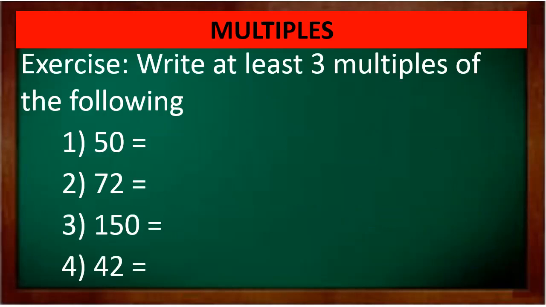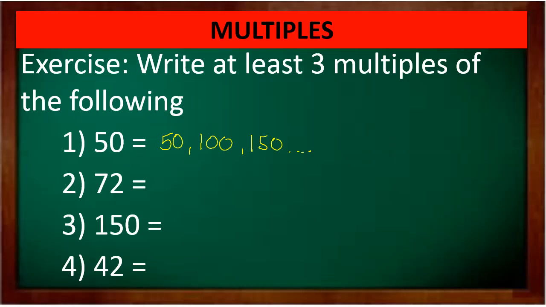So let's try and do some exercises. Write at least 3 multiples of the following numbers. So meron tayo dito. Okay, so 50 times 1, i-increment natin 1, 2, 3. So dito, if we're going to multiply 50 times 1, that will give you 50. Okay, so 50 times 2, that is 100. 50 times 3, that is 150. Okay, so on. So, since sabi dito, at least 3 lang, para masanay lang tayo, at least 3 multiples of